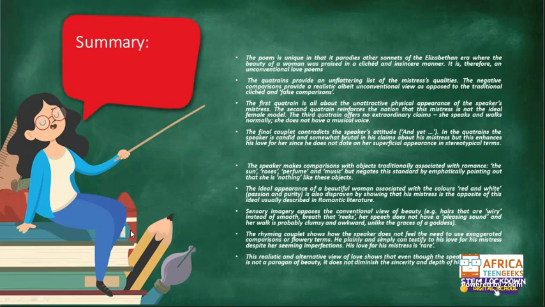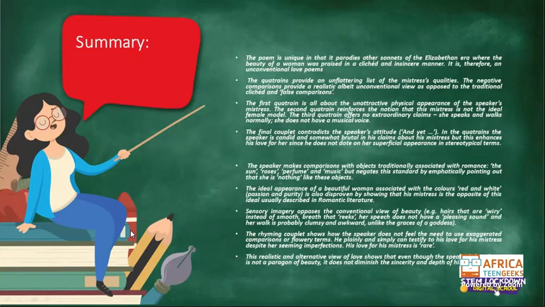He is interested more in her as a person. He is in love with her being, her imperfect being, okay? So the speaker makes comparisons with objects traditionally associated with romance, the sun, roses, perfume, and music, but negates the standard by emphatically saying she is nothing like these objects. The ideal imagery,